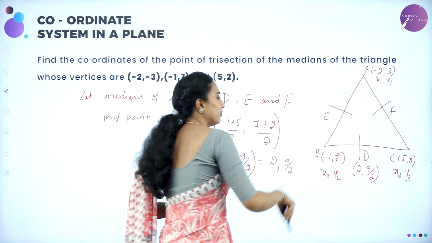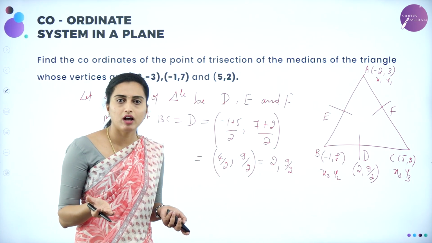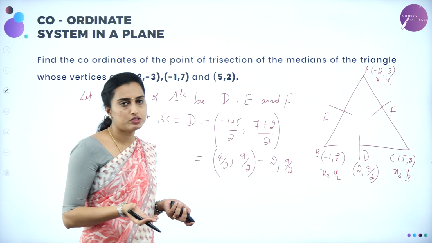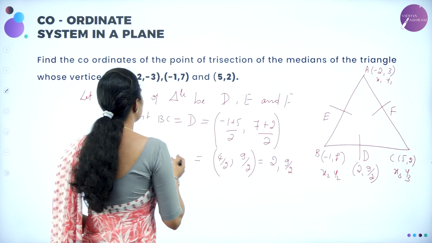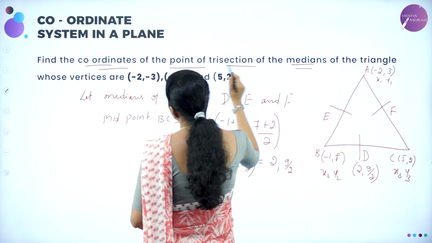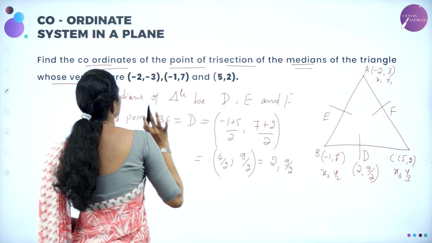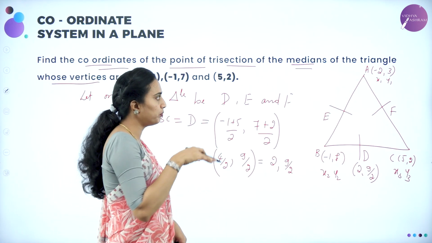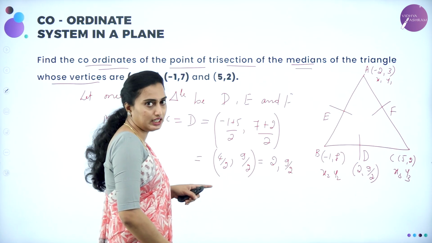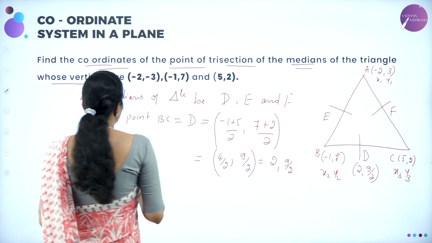This distance we need to find out. What is the distance formula? Distance formula is square root of (x2 minus x1) whole squared plus (y2 minus y1) whole squared. Therefore, find the coordinates of the point of trisection of the medians of the triangle whose vertices are given. You have to find out the trisection of the medians. That's it. Median D is 2, comma 9 by 2. And then you are going to have the midpoint of